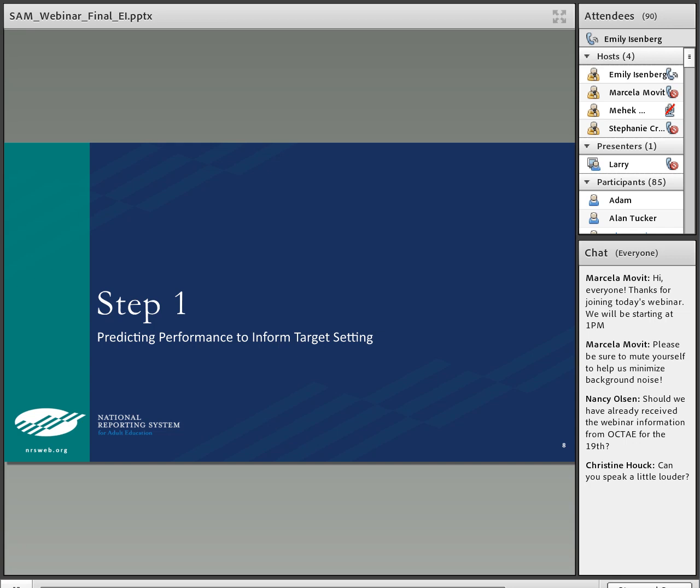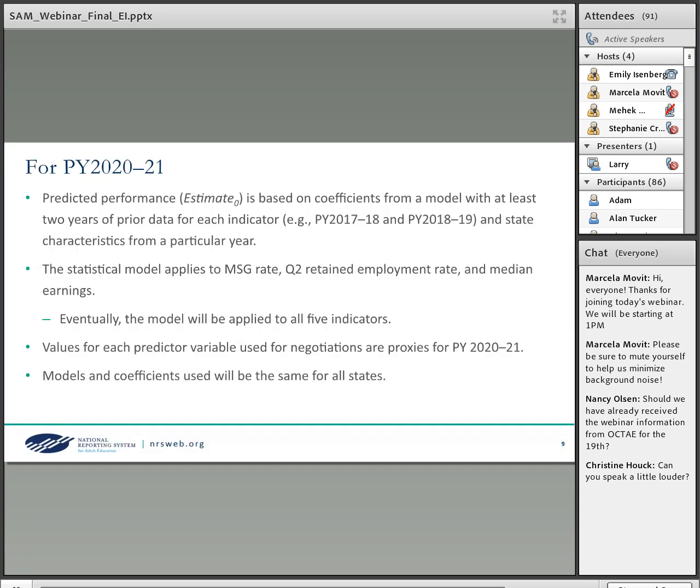Now we'll talk through the first step, predicting performance to inform target setting for program year 2020-21. This is what's going on currently this spring. For negotiating targets for program year 2020-21, we calculate predicted performance based on state characteristics from the most recent year of data available.